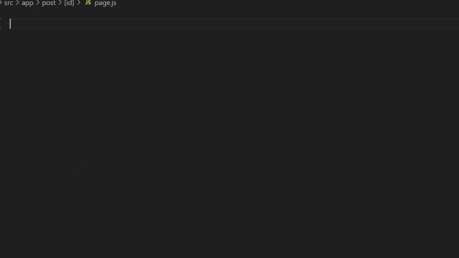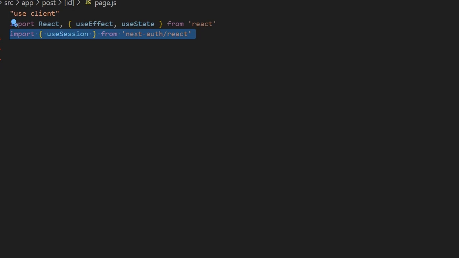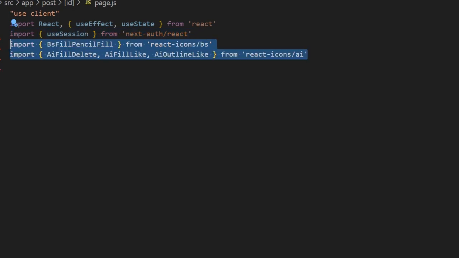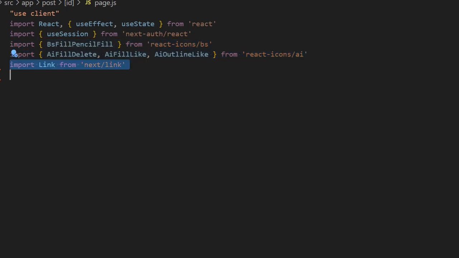Inside of our page.js file, let's start with our imports. First, we're going to bring in use client. Then we're going to bring in useEffect and useState. Then we're going to bring in useSession from next-auth. Then we're going to add some React icons to help with styling. Then we're going to bring in next/link to help with client-side navigation. And then finally, we're going to bring in useRouter from next/navigation to help with routing post submission of